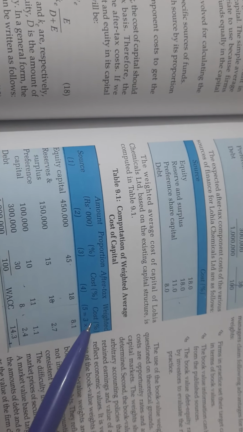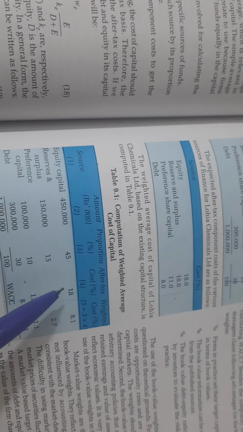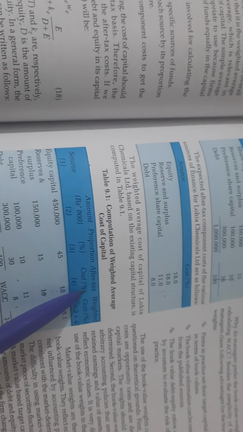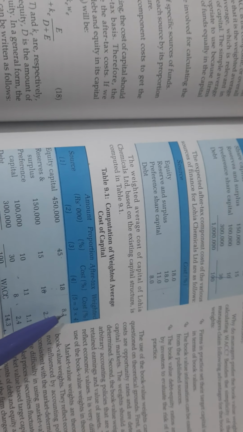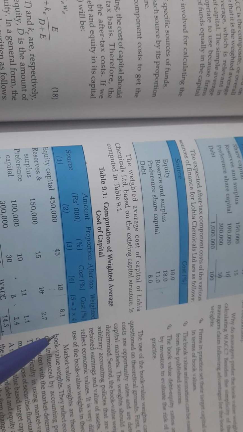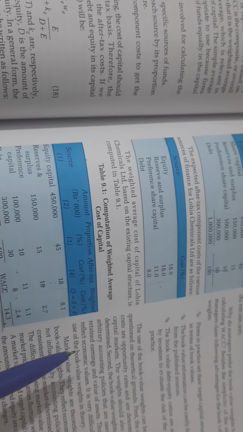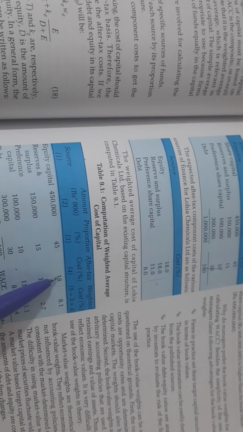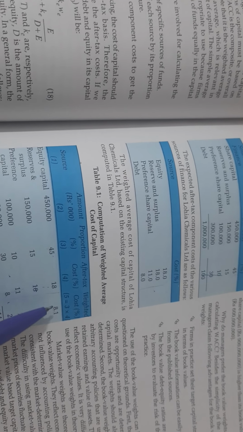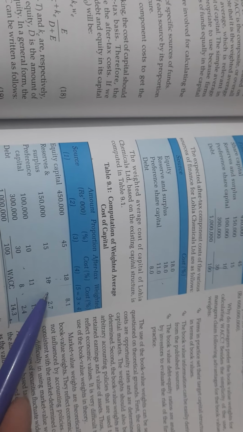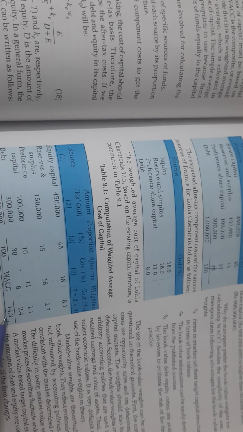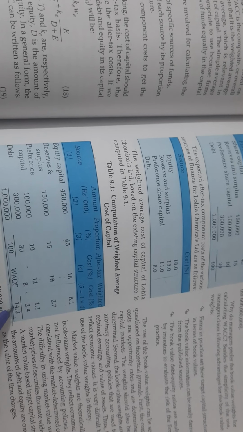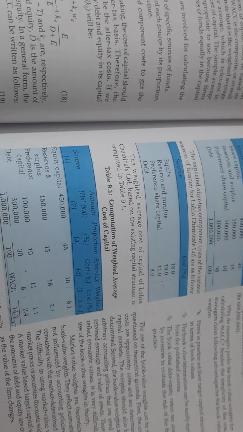Now we have to find out weighted cost. Weighted cost will be column 3 multiplied by column 4, that is proportion into after tax cost. Right, both are in percentage. So 0.45 into 0.18 is equal to 8.1. That's how we will find out the remaining values and total them, and henceforth we will get the answer as